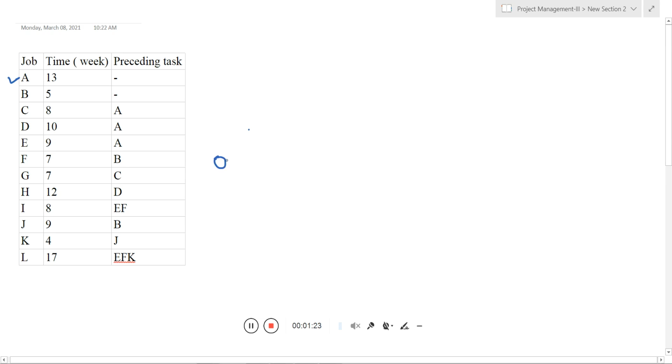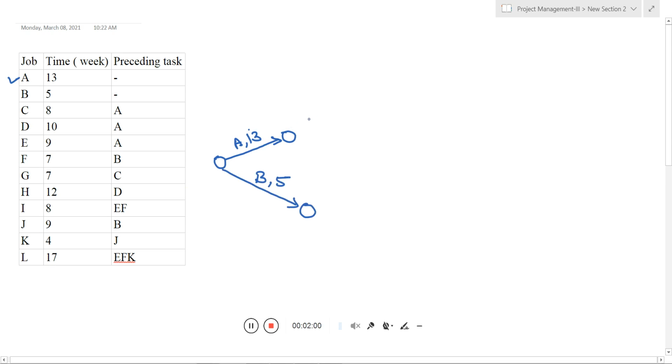That way we can easily represent the starting and the ending point of each activity. So this is the activity A. You can write it here on the arrow, and the duration you need to write here, that is 30 for this particular activity. Now one more activity, activity B. This activity is also independent, so you can start here, and the duration is 5.